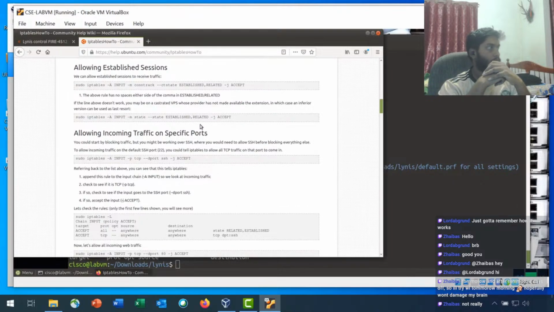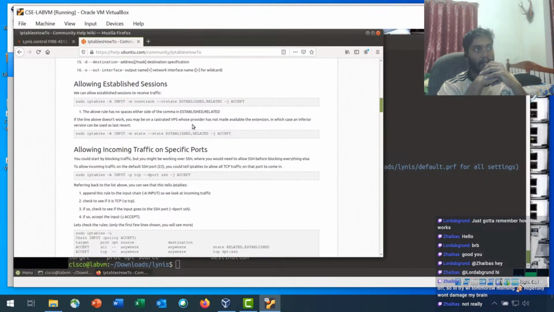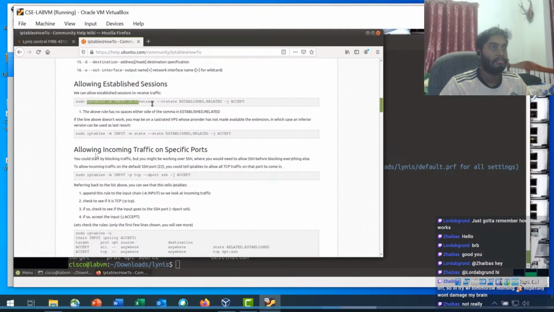Okay, so this particular how-to page has several IP tables entries